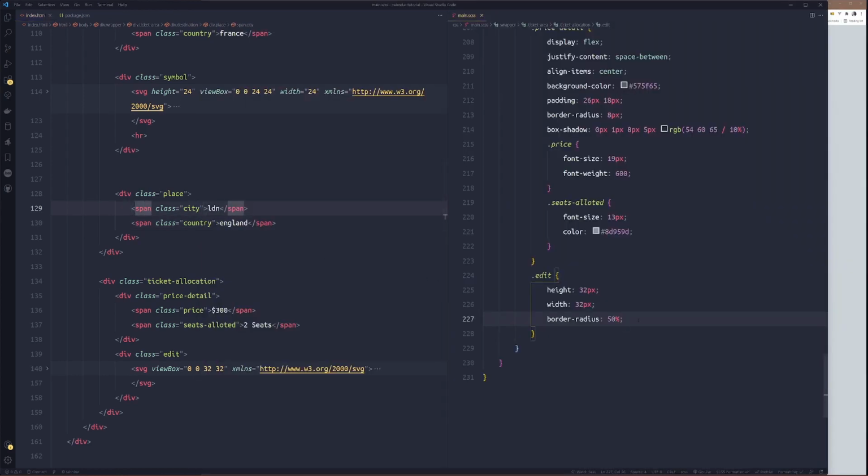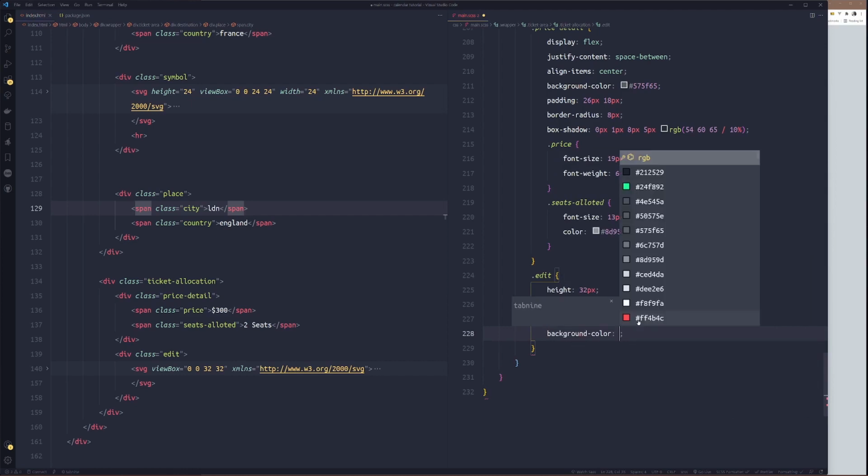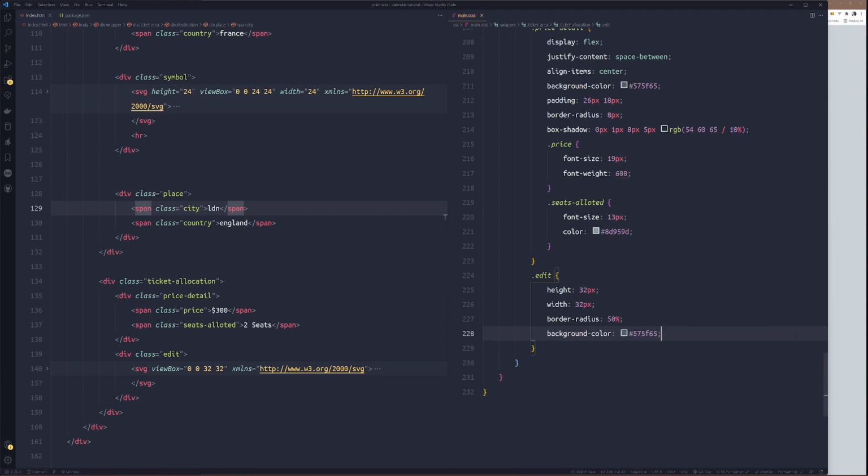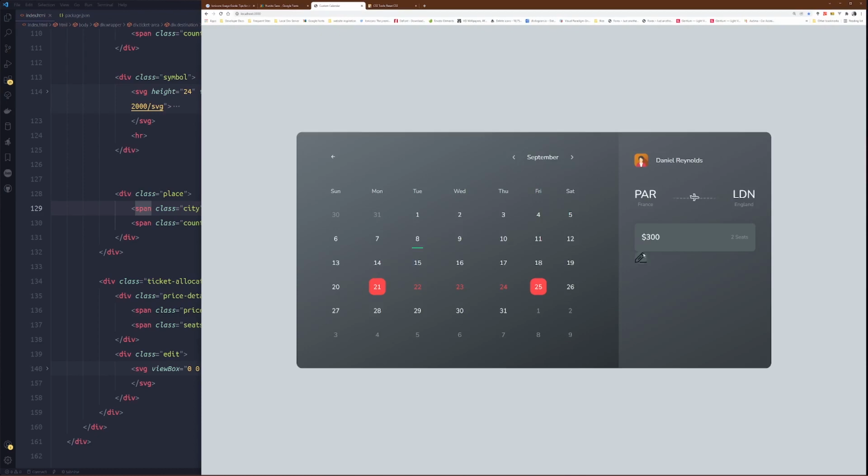Background color hash 57, I think this one now. Let's see. All right.